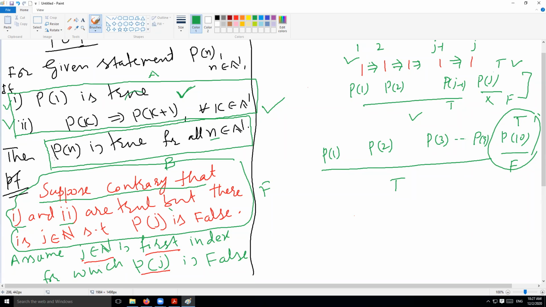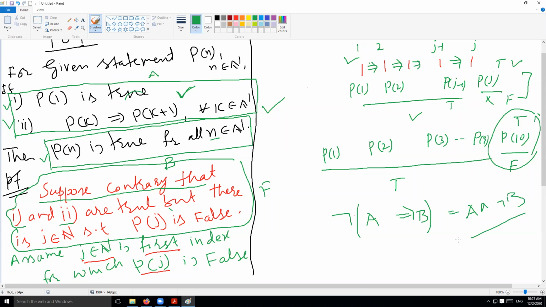And then we say that this conclusion, that P of n is true, is false actually. So since this conclusion is false, we have assumed the negation of it. That's the essence of the method of contradiction. You have an implication, A implies B, you want to prove it, so you have to assume its negation. And its negation means that you assume its assumptions are true, but the conclusion is false actually.